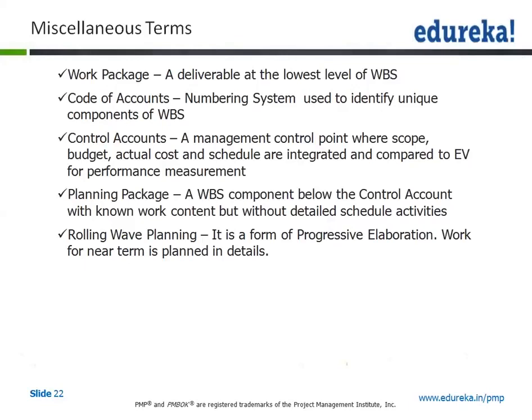Got it? There could be a CEO, there could be mid-management, there could be management, there could be the executive, and below the executive there is a person who is actually doing data entry. So that is how you can correlate it. That's the lowest level of the work breakdown structure, which is called a work package. And these terms you will have to use the way they are in the PMBOK Guide.